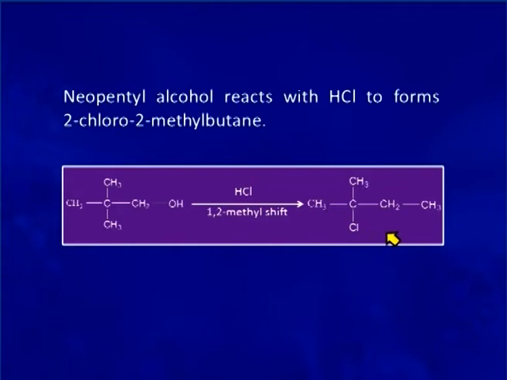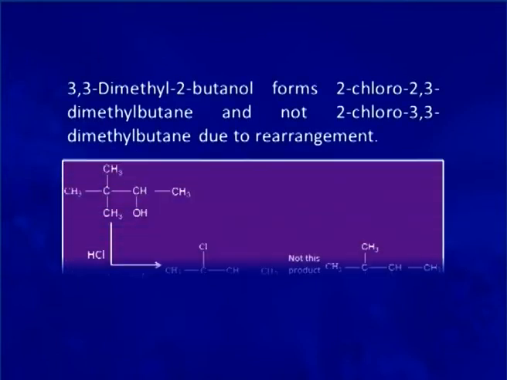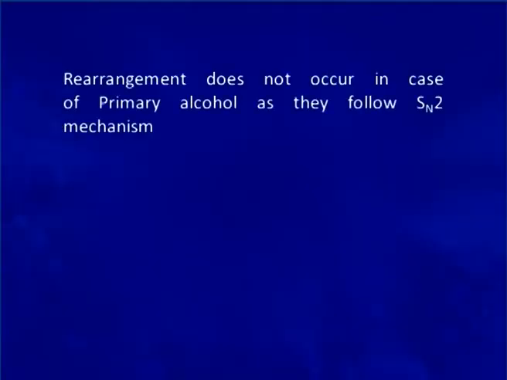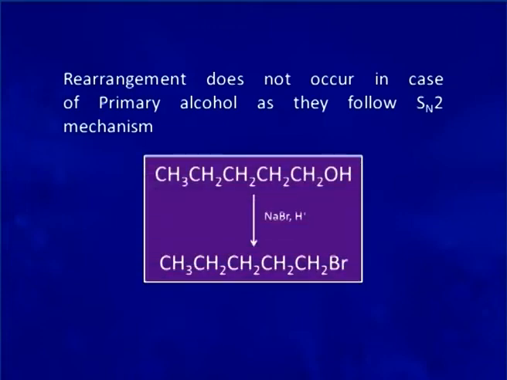In the next example also of 3,3-dimethyl-2-butanol, you can see that there is a migration of methyl group in the product. You can see that the product formed is 2,3-dimethyl-2-chlorobutane and not 3,3-dimethyl-2-chlorobutane. We will now discuss the reaction of primary alcohol with hydrogen halide, and here you will see that no